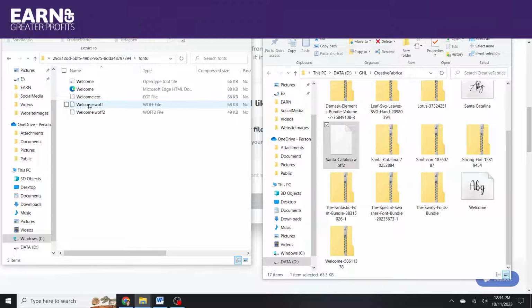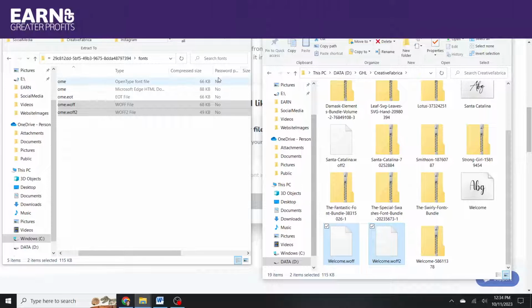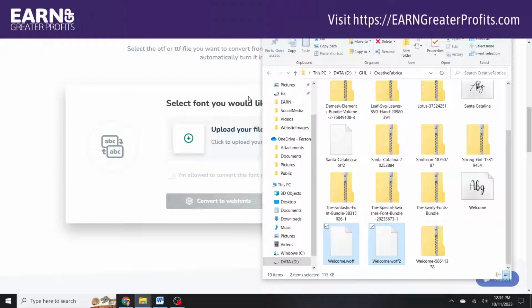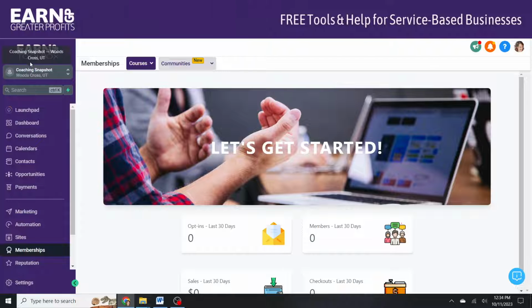And so here I've got both of them. So I'll pull in both the WOOF and the WOOF2 just so that we have them. All right. So now what I want to do is go into my software, and I'm going